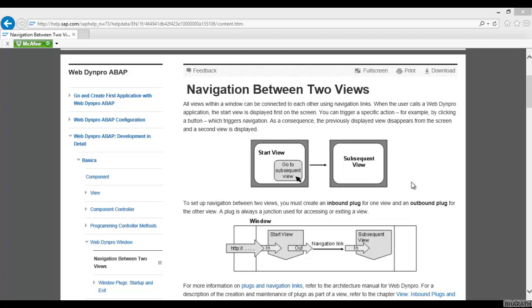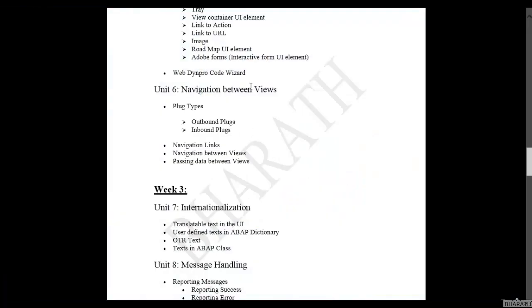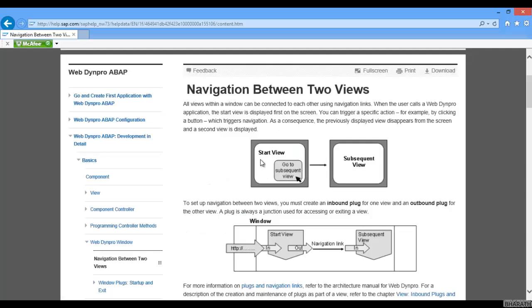In this session, we are going to discuss navigation between two views in a Web Dynpro application. Navigation between views, Unit 6 as per our course content. Let us discuss the navigation between two views within a Web Dynpro application. To achieve the navigation between views,